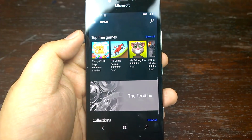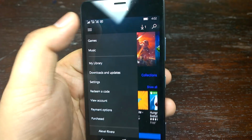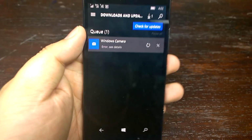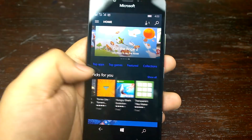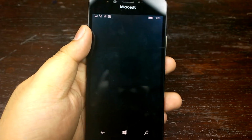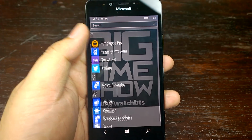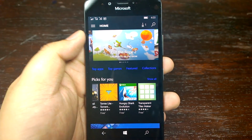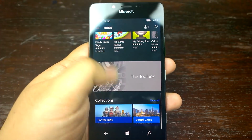Which now brings us to the Windows Phone Store with the hamburger menus on the left side. They've changed that quite a bit. It's still terrible. The app gap is horrible, and it's gotten worse. As you can see, I can't even update my Windows camera for some reason. The installing, managing your apps, and the web interface for finding your apps is still terrible. Just like Windows Phone 7 and Windows Phone 8.1, it's very hard to find the app that you want. It's very hard to install them, let alone use them. And of course, most of the apps are still really